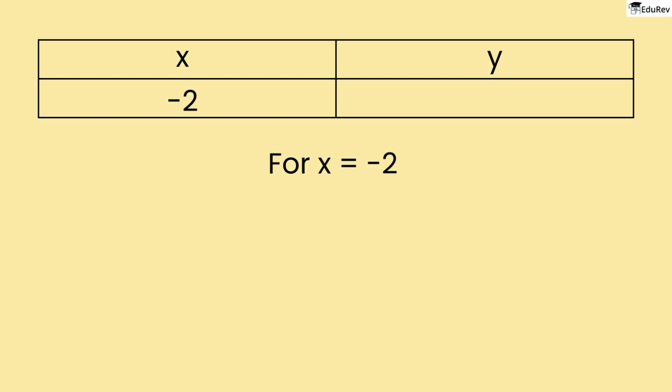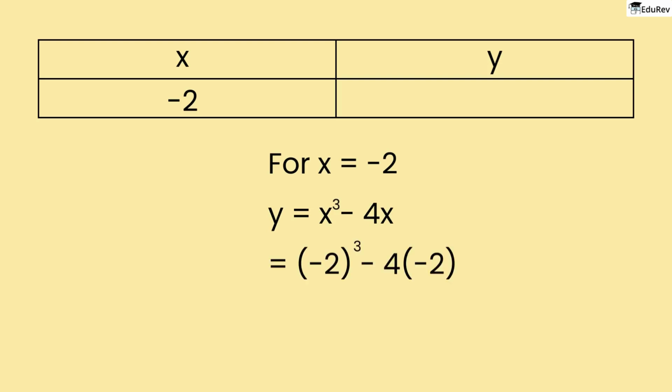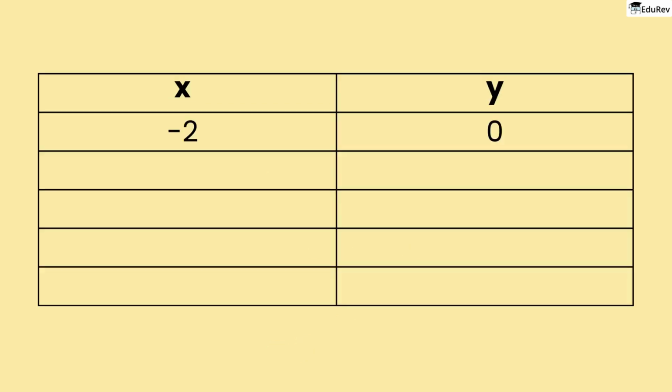For x equals minus 2, we get y equals x cubed minus 4x, which is equal to cube of minus 2 minus 4 into minus 2, which is equal to minus 8 plus 8, which is 0. Similarly, taking values of x as minus 1, 0, 1 and 2, we get y as 3, 0, minus 3